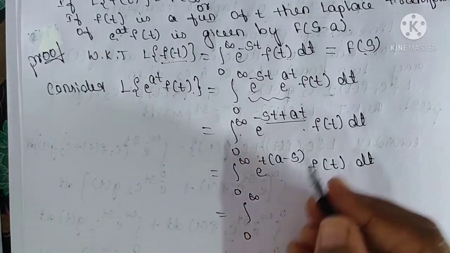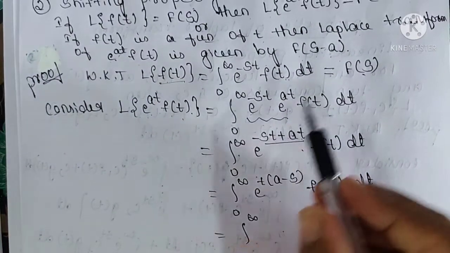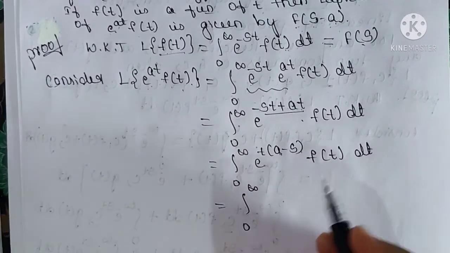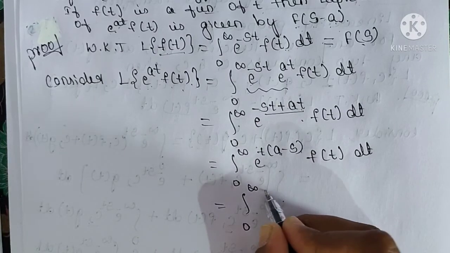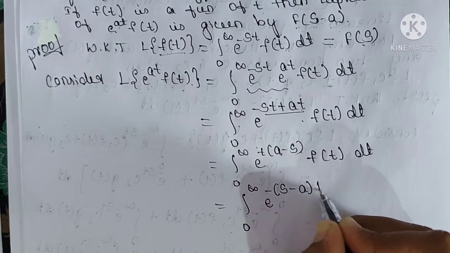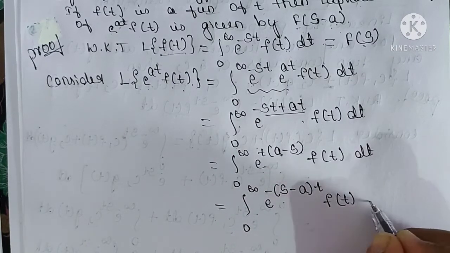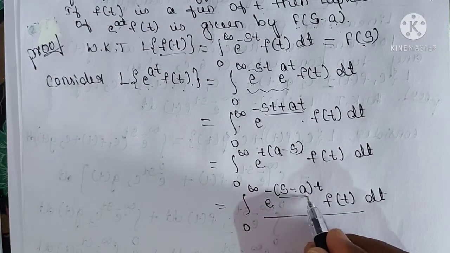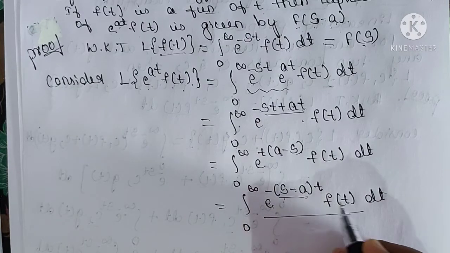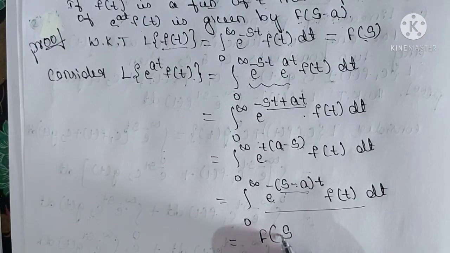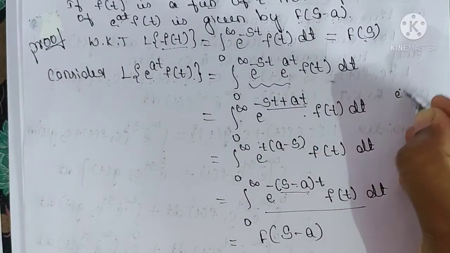0 to infinity as it is. Here you take minus common because we have to prove that it is equal to f of s minus a, but here we got a minus s. You take minus sign common, you will get e to the power of minus (s minus a) t f of t dt. This is of the form e to the power of minus st dt, but in place of s, s minus a is there. Therefore this can be written as f of s minus a, because